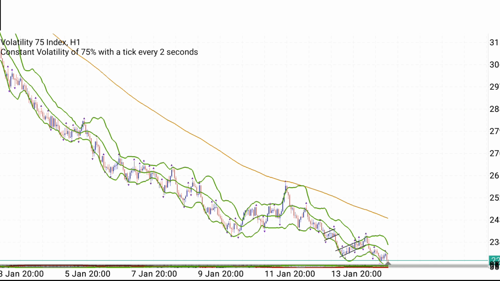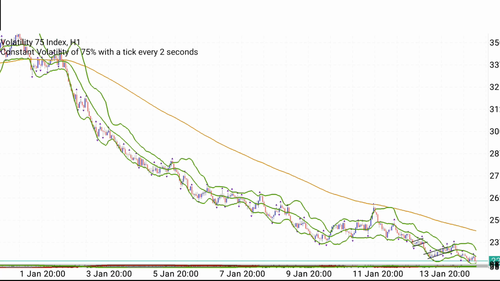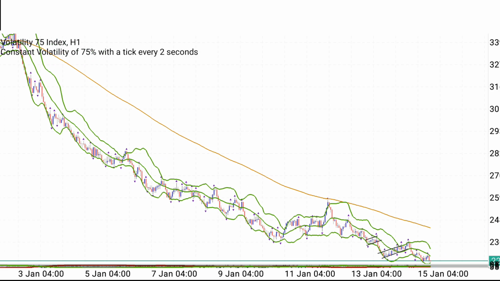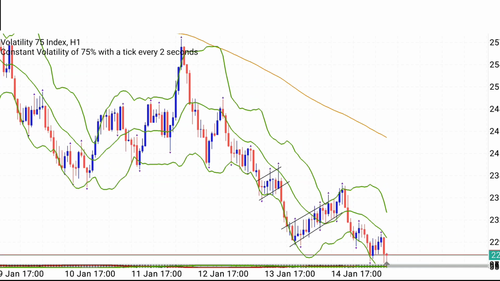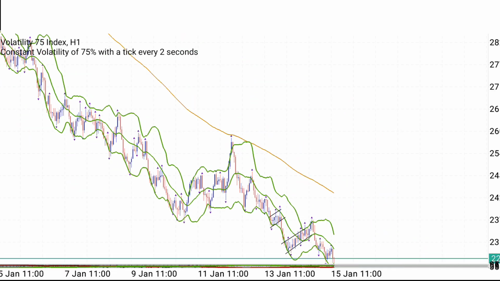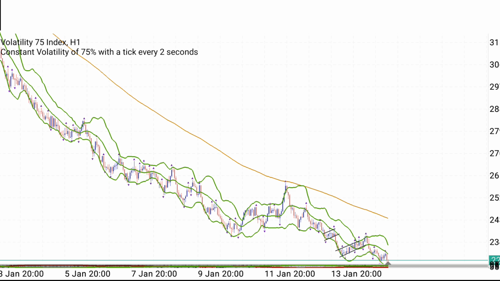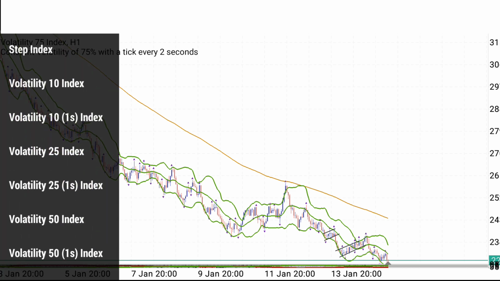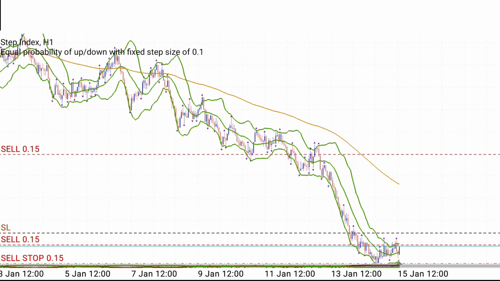And that's why this strategy also gives us a logical place to place our stop loss. I said it in that video, and I'll be leaving the link to the video in the description box. So I was on this trade, but I got kicked out. You can see I had markings on this particular pair. But going back to Step Index, where we have active trades running,